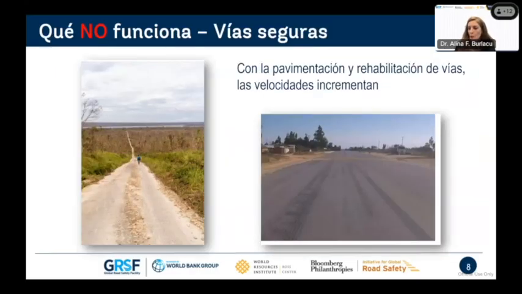What does not work, and this is again something that the guide presents, because as I mentioned, it's really important, given limited resources, to make sure that those are invested into what really works. So one of the most dangerous interventions that we saw, and we have case studies presented in the guide, is providing a road rehabilitation or surfacing whenever we have a road that maybe is in bad condition, and then coming up just with an improvement of the road surface without any additional road safety intervention.